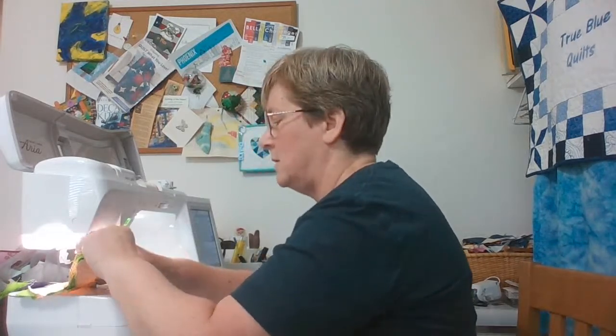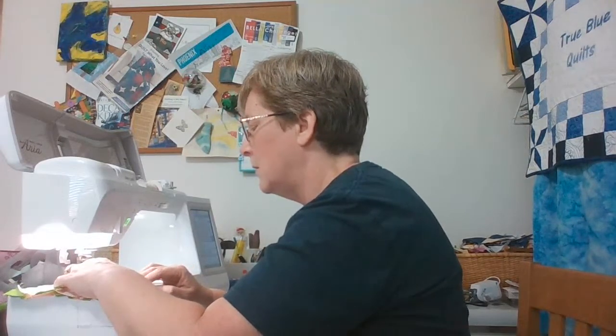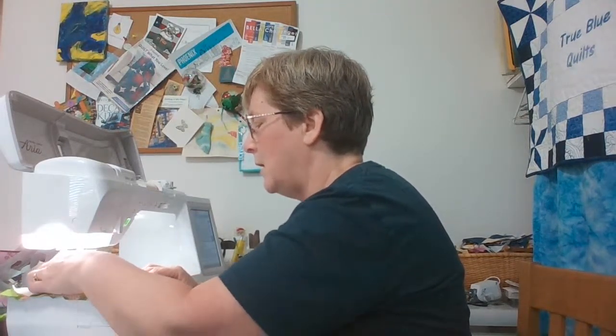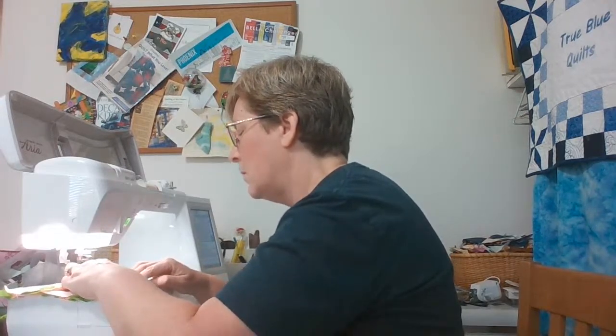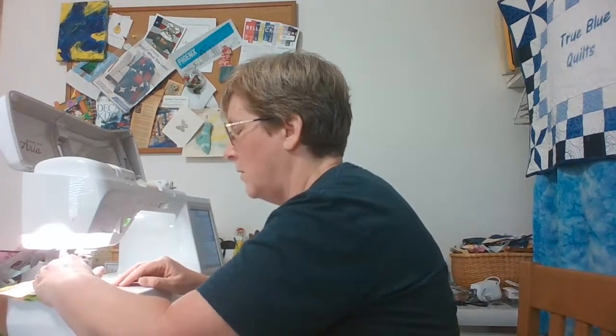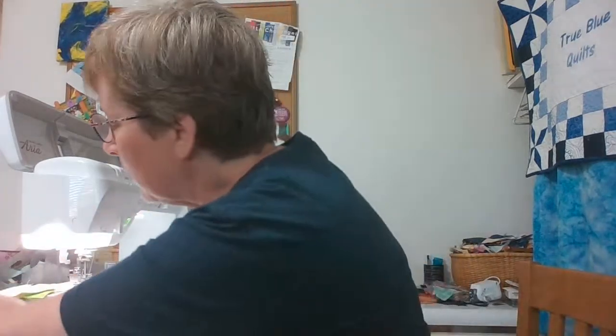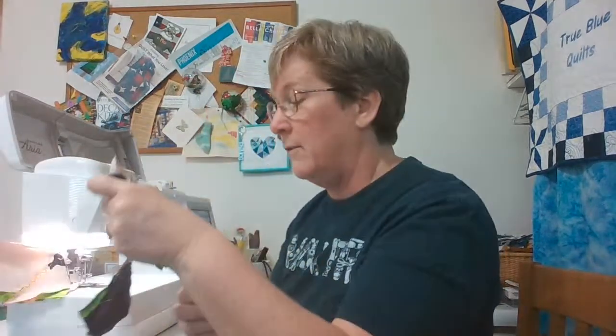Have to make sure that center seam goes the way it's going, and take the pin out. Looks like we are good to go on that. So we'll have 2 more flowers here pretty quick, because